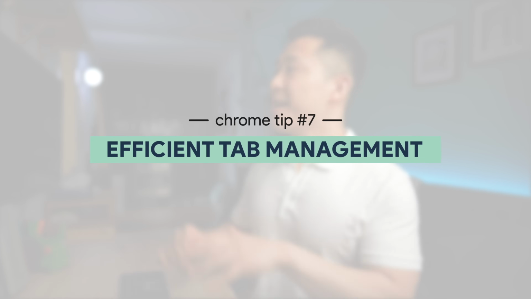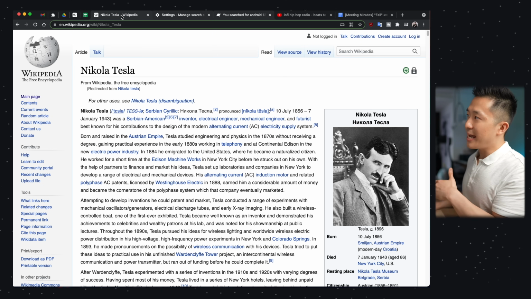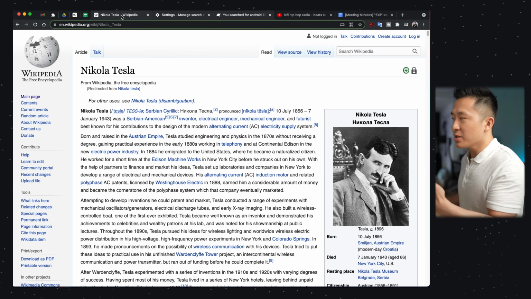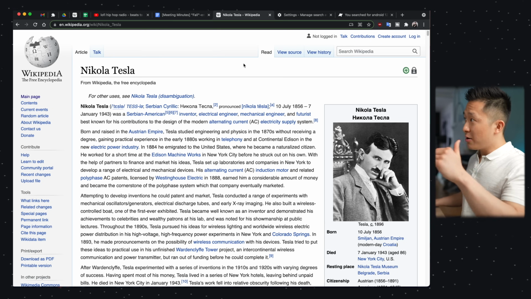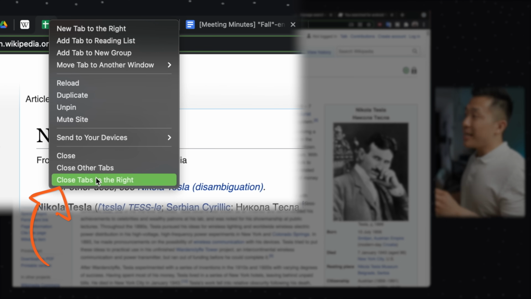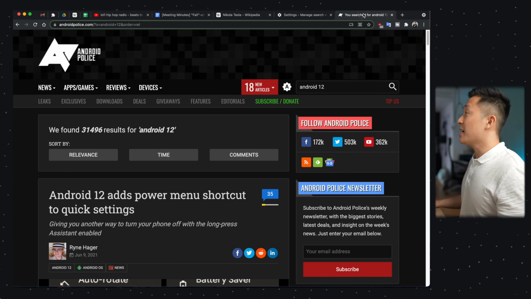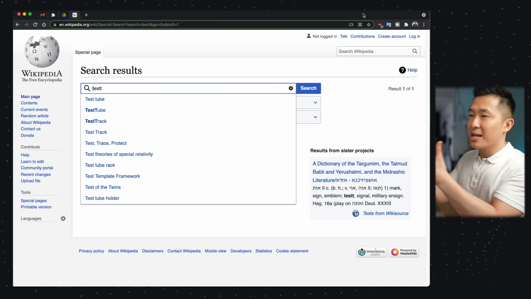But you do you. Google Chrome tab management tip number 7 is to quickly group and close useless tabs. So I hope I'm not the only person who does this, but as I go throughout my day, I would actually move the less important tabs or the tabs that I've already used over to the right. And since I hate having too many tabs open at once, I'm not a tab person, as you can probably tell from my other videos, I would regularly throughout the day right-click on the rightmost pinned tab and select "close tabs to the right." And this gives me a fresh start without me having to press Command W a bunch of times and accidentally closing a pinned tab.